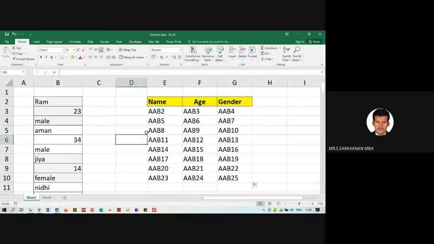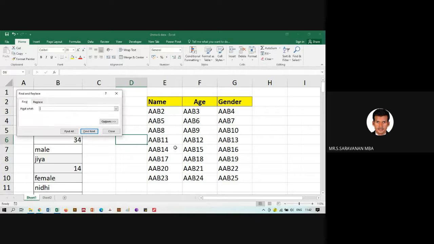So how do we change the information to a table? Normally for this kind of information, there is a VB program, a Visual Basic program, to convert it. There is a lot of programming involved in Excel, but we do not have the time or patience for that. So what we do is easy. Control F, replace what?